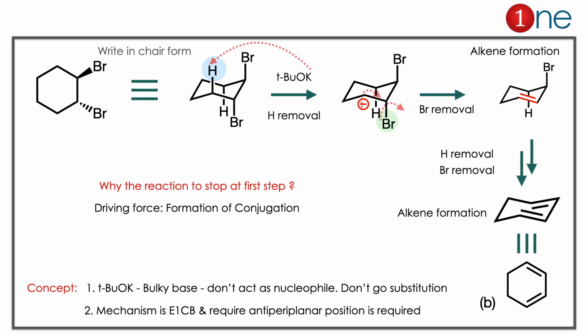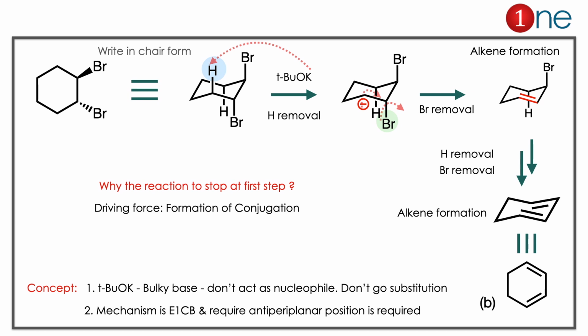So the anion is formed. The anion has to be quenched, so the bromine is eliminated. Here I have shown it step by step. It will be a single step reaction. Then you have another bromine and another axial hydrogen. You have to remove them in the same way. You have alkene formation. Here you have the question: why will the reaction not stop at the first step? Because you have a driving force as conjugation, as well as anti-periplanar hydrogen and bromine. So the answer is clearly B, with the diene, the cyclohexadiene.